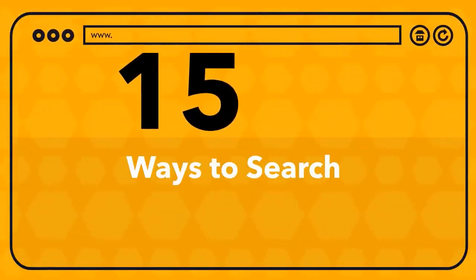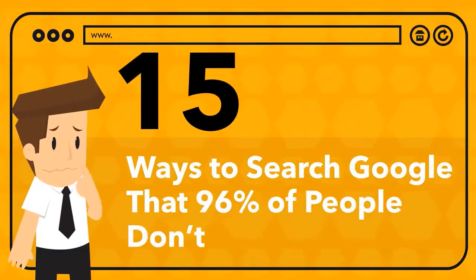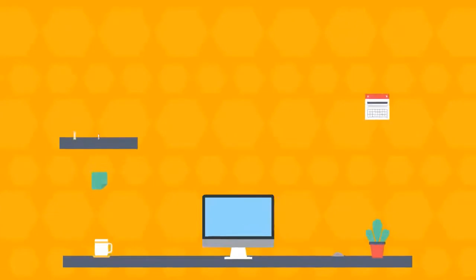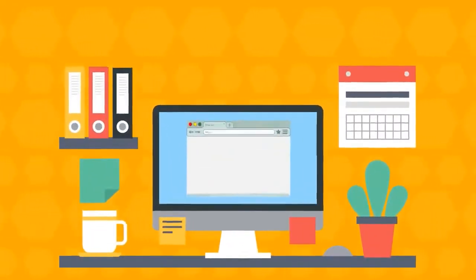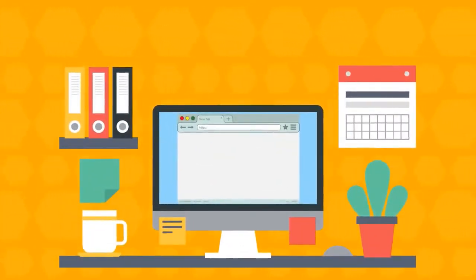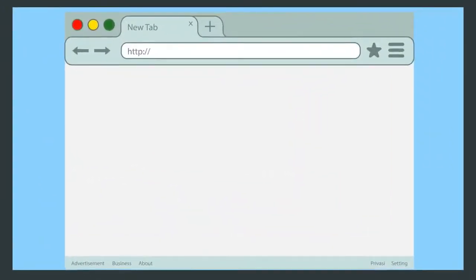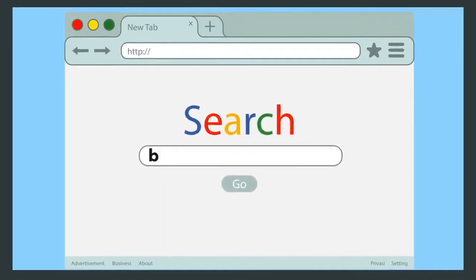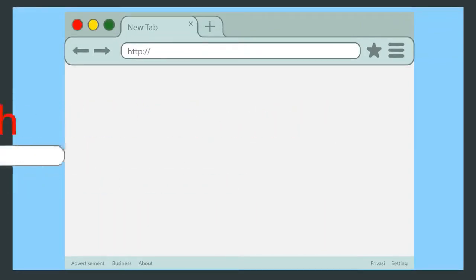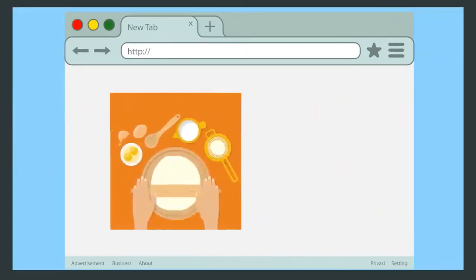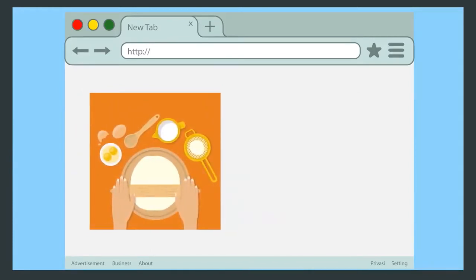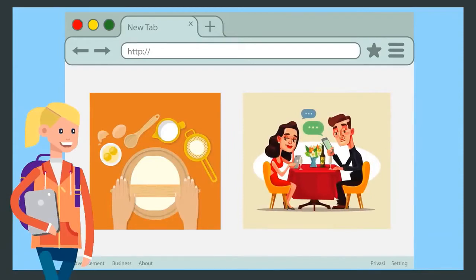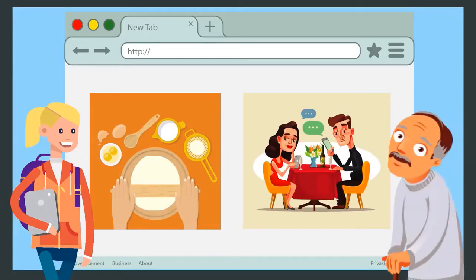15 ways to search Google that 96% of people don't know about. Google Search is not only a powerful search tool, but also the best friend for millions of people. It is always there for you, except for those times when you have no internet connection. Scary! And it can help you with anything. It will find the lyrics to that song you heard on the radio, but only got "You, Me, Forever, Rain." Share the recipe for the most delicious pie, and recommend the best restaurant around. Students can't go without it, and it is the key source of information for most adults, too.